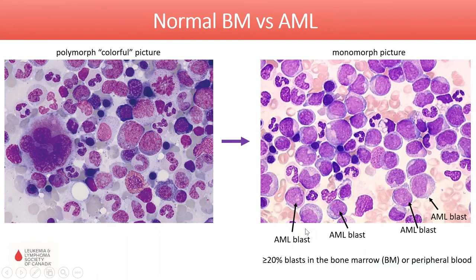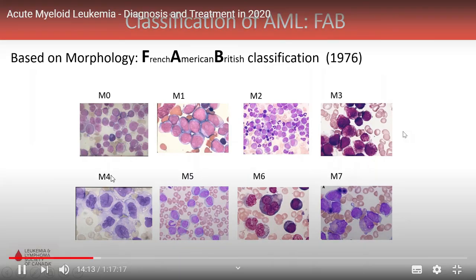But when leukemia arises, you can see these monomorph blasts, and I've labeled them here. You can see blasts here, here, here. So they're filling up the bone marrow, and there are very few, for example, neutrophils, as you can see here or here. It's becoming monomorphic, and these cells take over, and this is basically what we define as, in this case, acute myeloid leukemia. And the original definition is if there are more than 20% of blasts in the bone marrow, just by looking at them in the microscope, we call it acute myeloid leukemia. And based on these observations, people try to classify